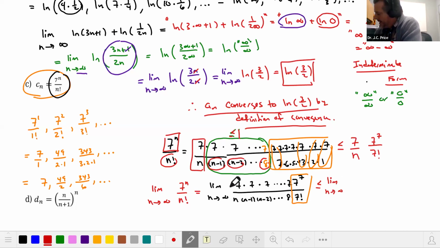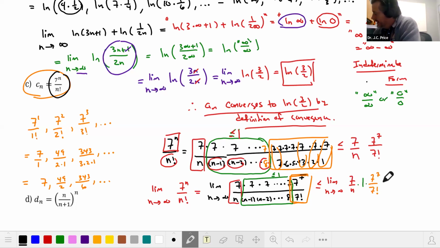And then we keep this 7 over n right here. And then remember, this guy right here, the numerators are always smaller than the denominator, so it's always less than or equal to 1 there. So we'll put a times 1. And then we have this guy left over on the very end right here. And so 7 to the 7 over 7 factorial, which is just some number,